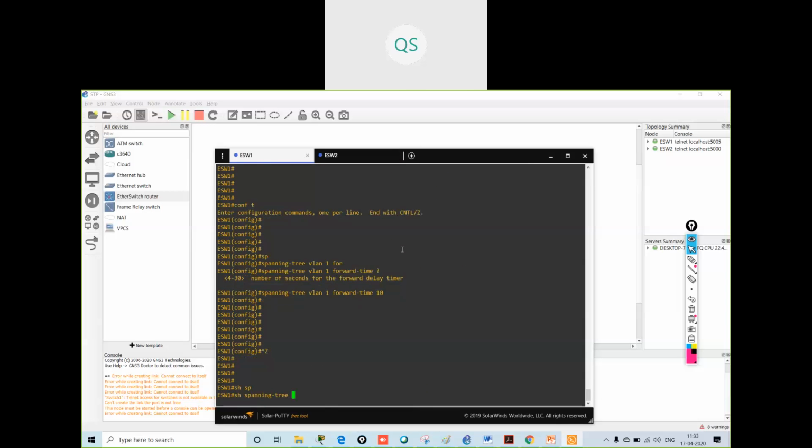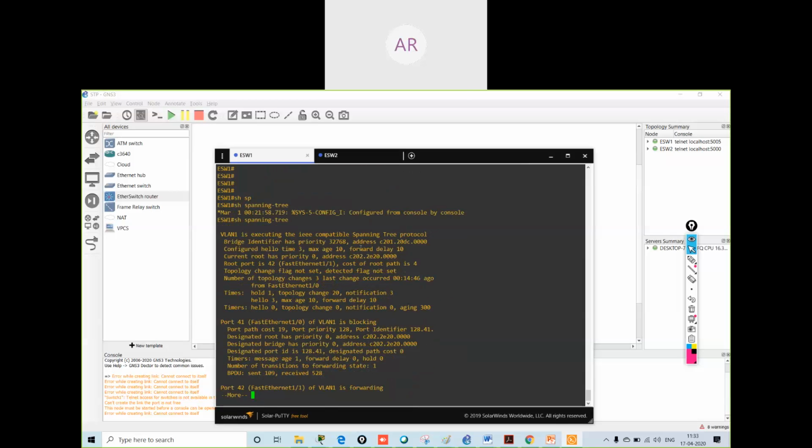Will this be reflected in the other switch, sir, or is this just for this switch? I have changed it on both the switches. So all kinds of timers we should change on all switches in STP? Yes, we have 3 timers, so we can tune these 3 timers. But we should apply these changes to all the switches? Yes, we have to apply these changes to all the switches. It is recommended, it is best practice.